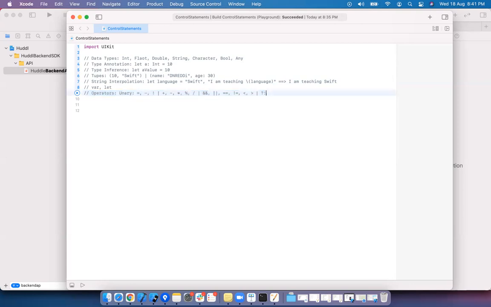These are the various operators we have seen. We have some other operators like the range operator, the nil coalescing operator, and the typecasting operator. You will see those as and when we cover those specific topics.